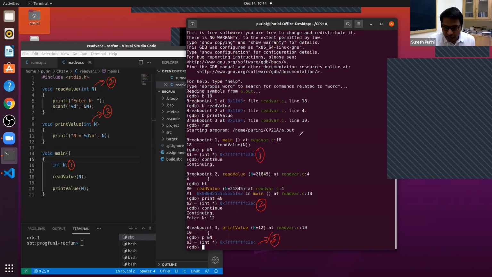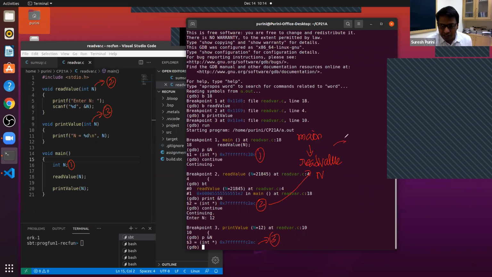Why is it happening? Function main calls read value. When read value is called, the memory for the parameter n is allocated. And it so turns out that this particular address is used to allocate memory for the parameter n in read value.